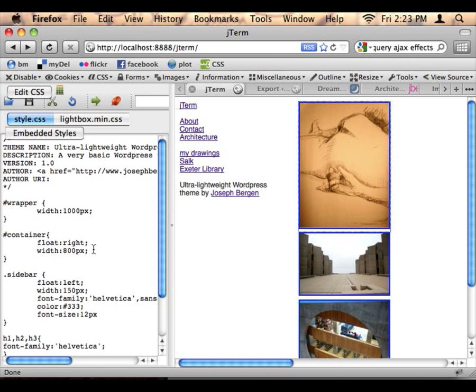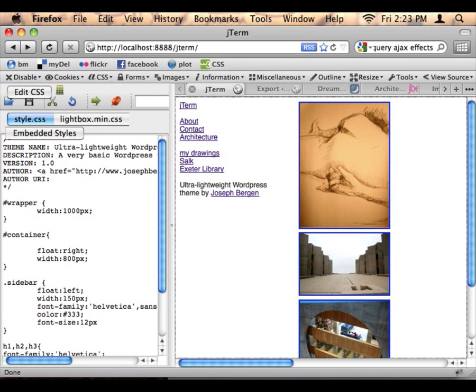I'm just going to say, do you want the wrapper, everything including the sidebar, to be down? Or do you just want, okay, just the wrapper, which is going to be everything. Maybe just the container. So if I want to do that, what I would do is I would say